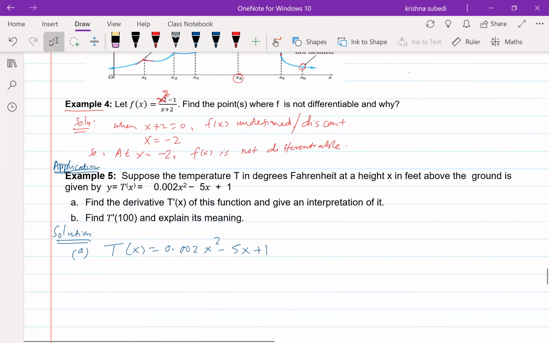And to find the derivative of that function, we will follow the three-step method. Step 1, you find x plus h. And if you simplify, you're going to get